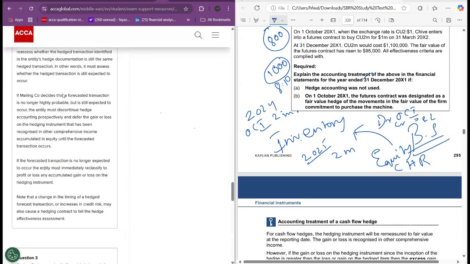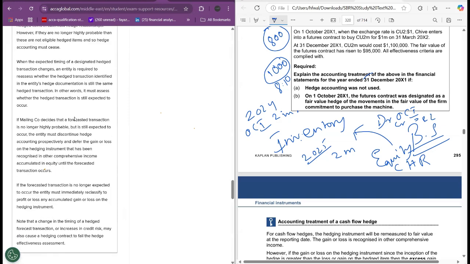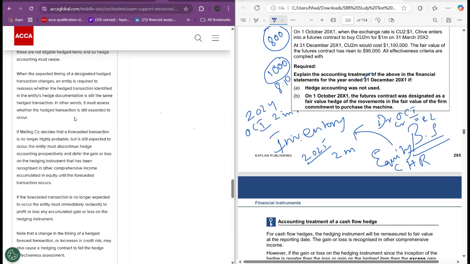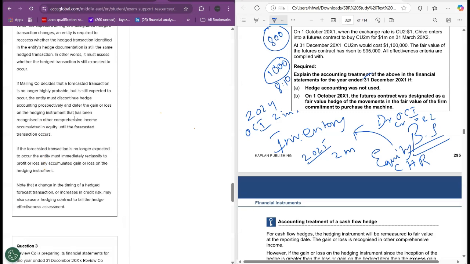When the expected timing of a designated hedge transaction changes, an entity is required to reassess whether the hedge transaction identified in the hedged entity's hedge documentation is still the same hedge transaction. In other words, it must assess whether the hedge transaction is still expected to occur. And of course, when such circumstances happen, you would have to reassess your situation. So if a forecasted transaction is no longer highly probable but is still expected to occur, the entity must discontinue